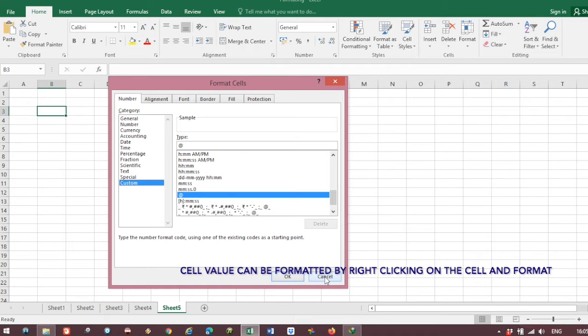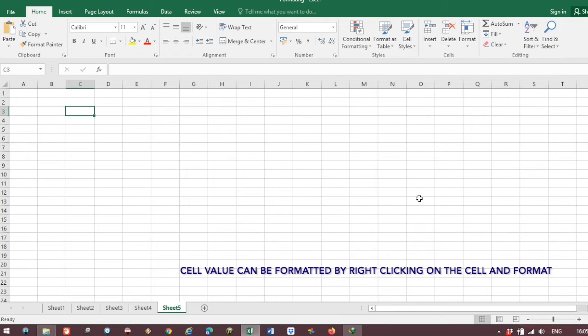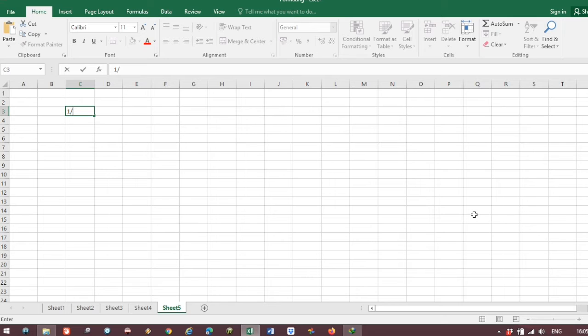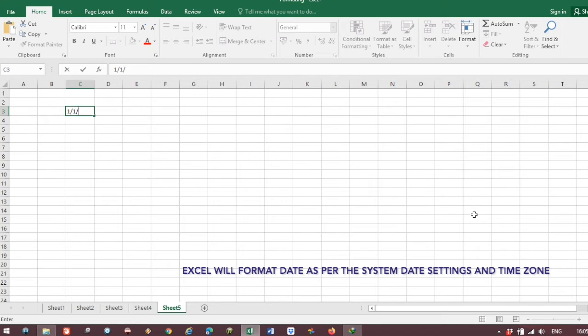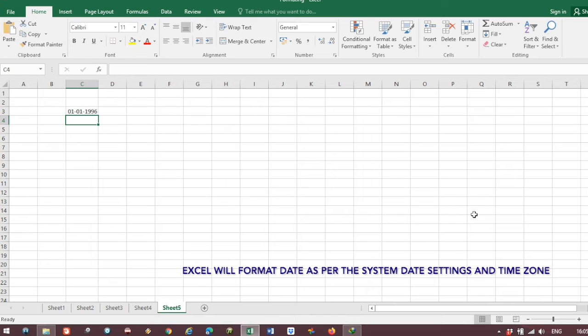So you need to understand which type of data you are entering in a cell. If I am entering date data, I put just one slash. The date separator will be either a slash or a hyphen. I am putting 1/1/96. If you put that and press enter, it will take 1st January 1996.